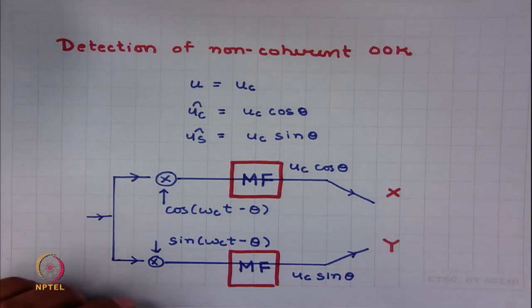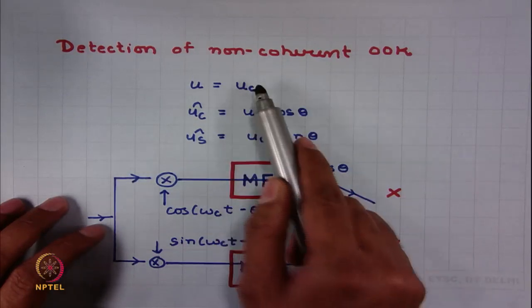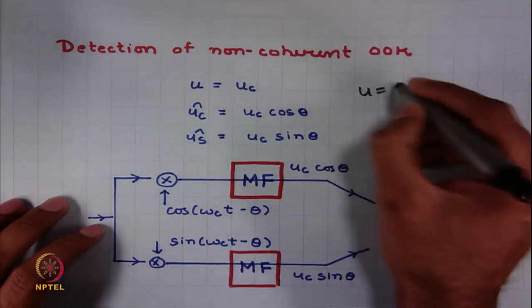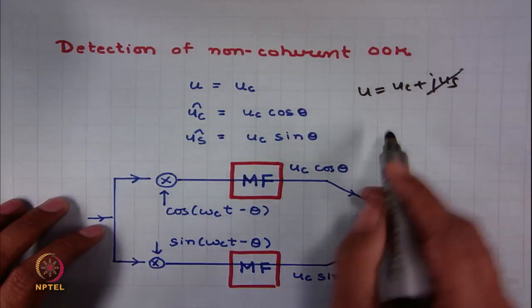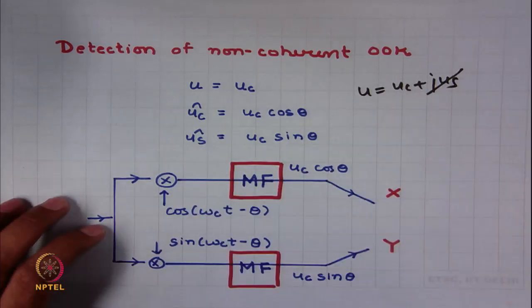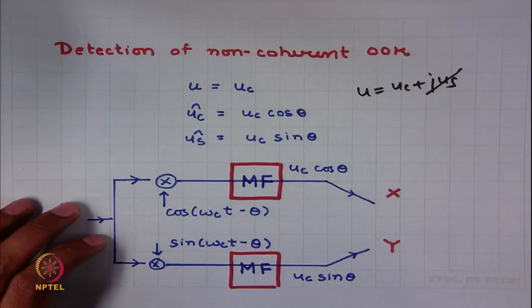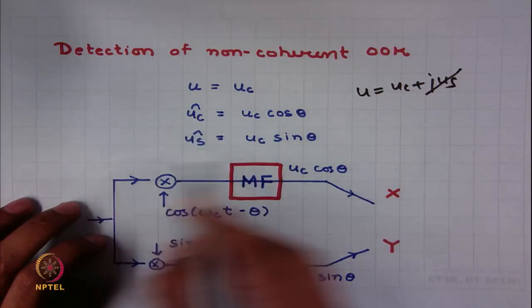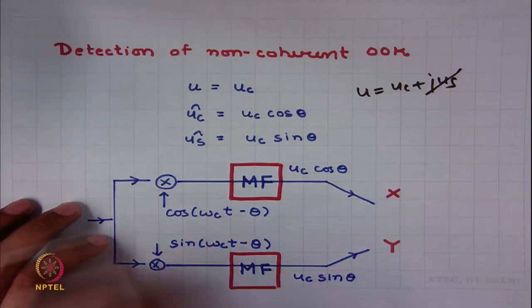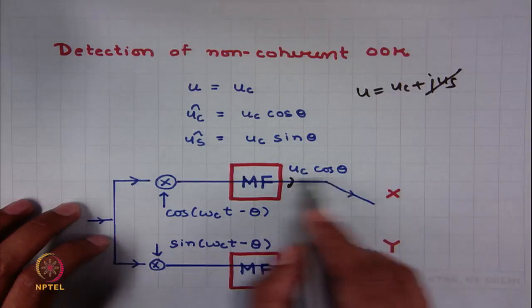So, now in OOK we are having just one real number. So, u in general is uc plus j us, and you do not have this second term if you are just using one real dimension. So, u is simply uc, and what is this uc cap? Uc cap is uc cos theta and us cap is uc sin theta. That means, after this matched filter and the sampler, we are going to get uc cos theta in this